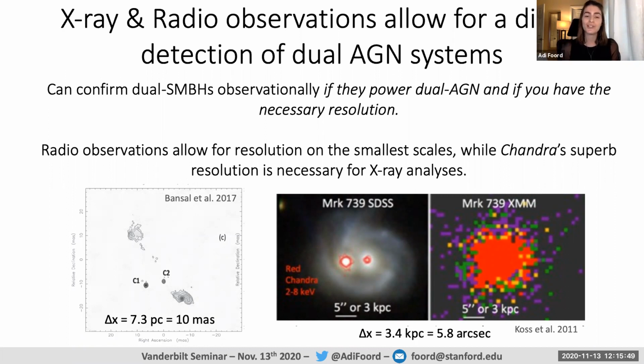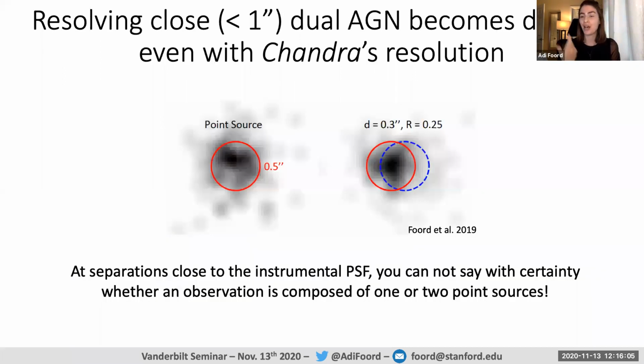That being said, Chandra was only able to find this system because the angular separation is around 6 arcseconds, which is much larger than Chandra's nominal resolution of an arcsecond or so. And so unfortunately, as the angular separation of your 2-AGN nears that instrumental PSF, it'll become very difficult to resolve